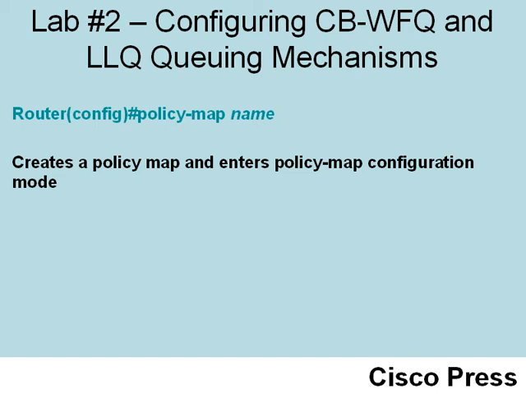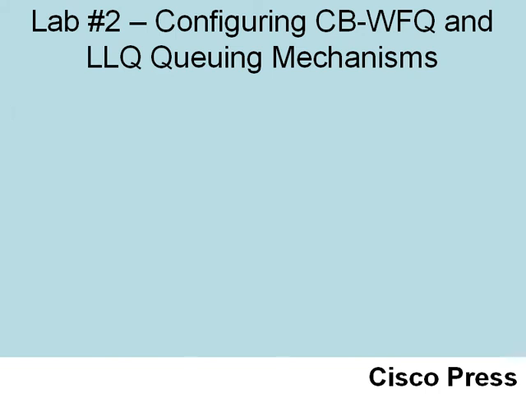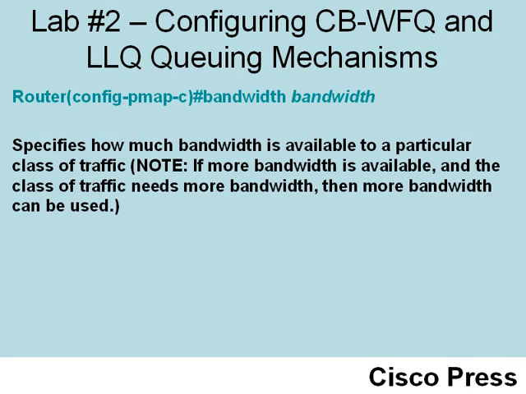But we don't actually do much from policy map configuration mode. The real magic of MQC happens inside of policy map class configuration mode. We say class, give the name of one of the class maps we've created. That takes us into policy map class configuration mode. From this mode, we can turn on a wide variety of quality of service mechanisms. What we're going to do now, though, is use the bandwidth command followed by a bandwidth amount